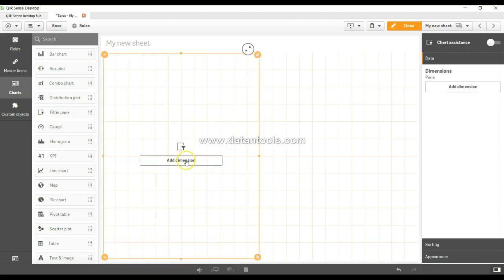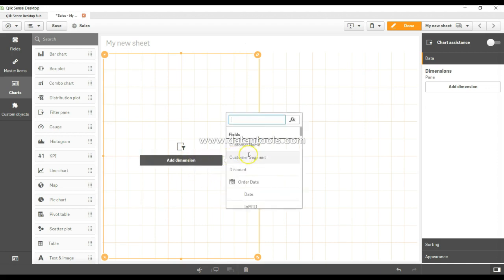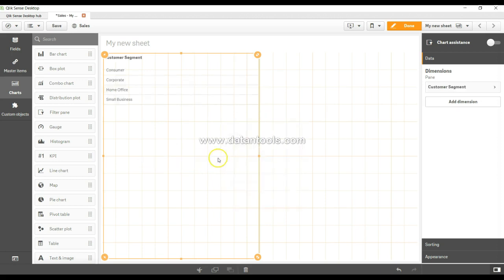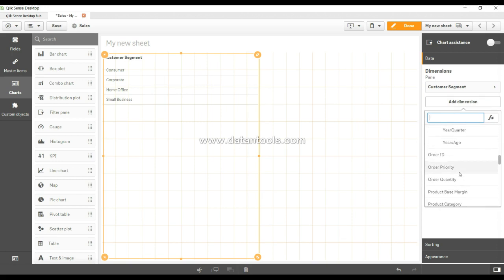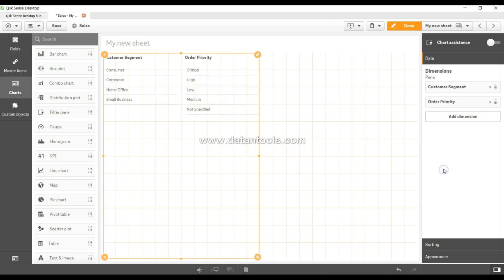So once we drag it, it asks us what dimensions we want as our filters. So let's click on this and get some dimensions, like customer segment. So here we have customer segment. Now if we want to add a couple more filters, we can go back and click on, let's say, if I go down and get order priority,